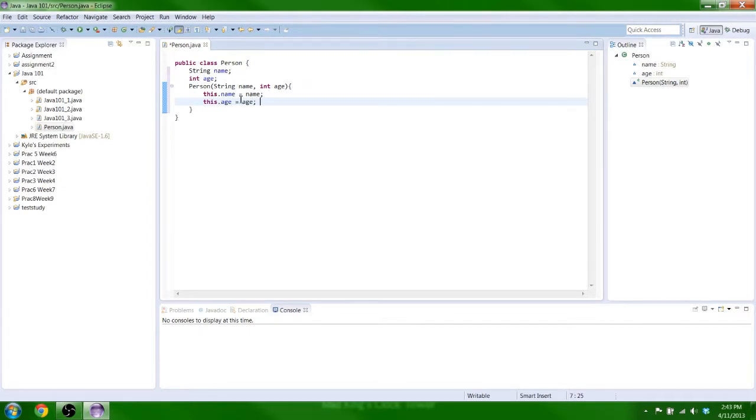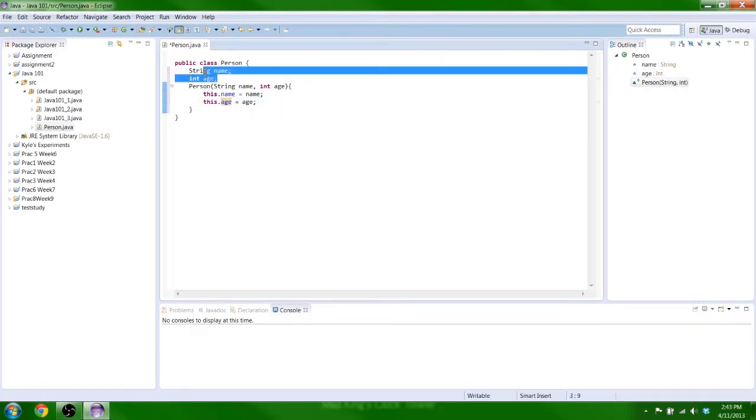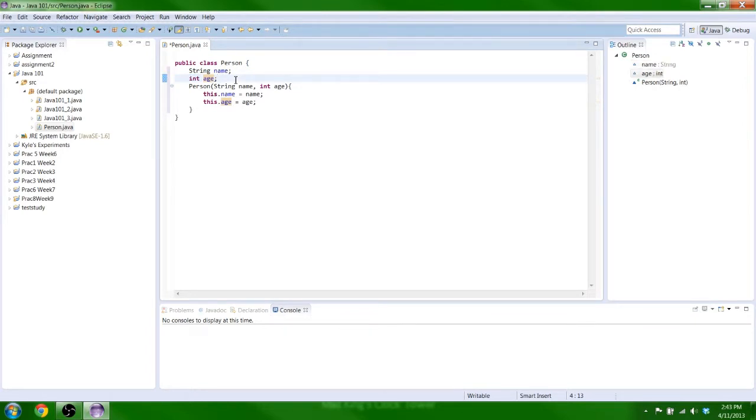It tells the program that you want this particular age to be equal to this particular age, as these are member variables. So you have to put the information into member variables, otherwise it just sort of scatters off into your computer and is never seen again. So that's our constructor. And because this is a very simple class, we're going to set up some getters and